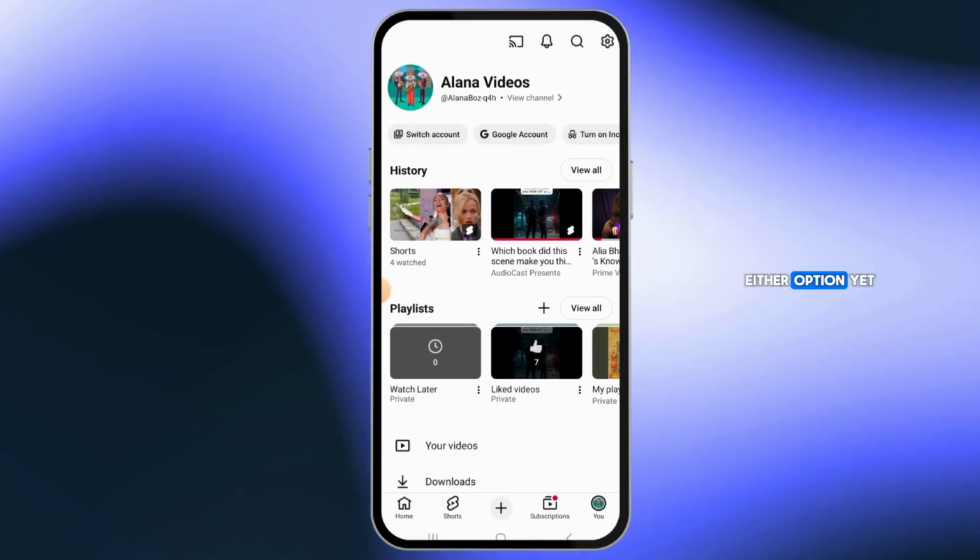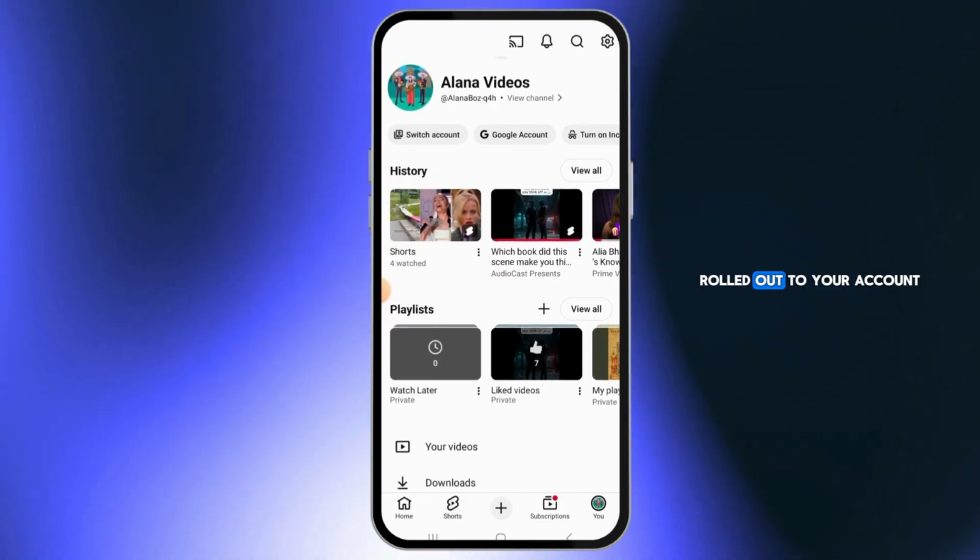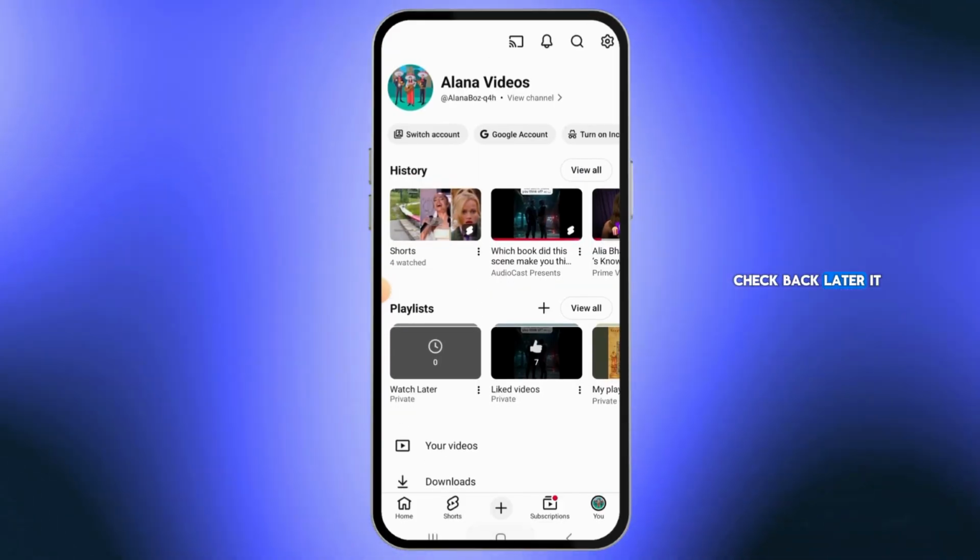If you don't see either option yet, the feature simply hasn't rolled out to your account. Check back later. It should appear within